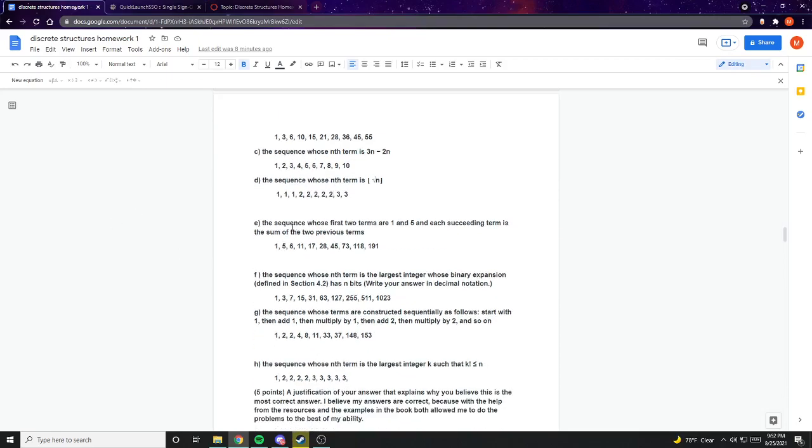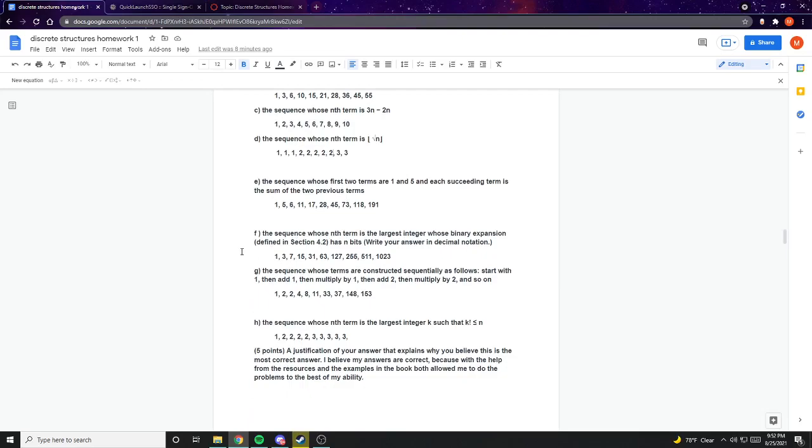E is the sequence whose first 2 terms are 1 and 5, and each succeeding term is the sum of the two previous terms, so 1, 5, 6, 11, 17, and so on and so forth. F is the sequence whose nth term is the largest integer whose binary expansion defined in section 4.2 has n bits, so it's 1, 3, 7, 15, 31, 63, 127, 255, 511,